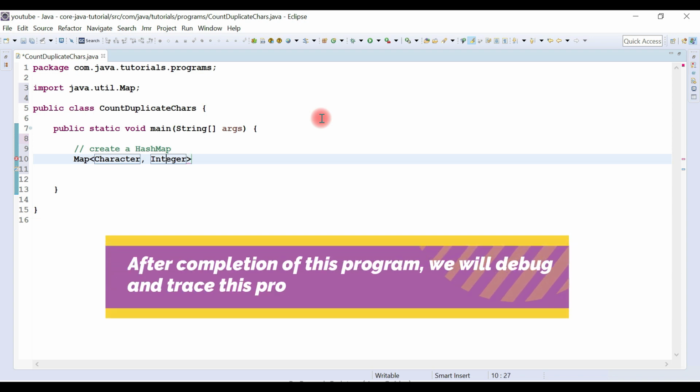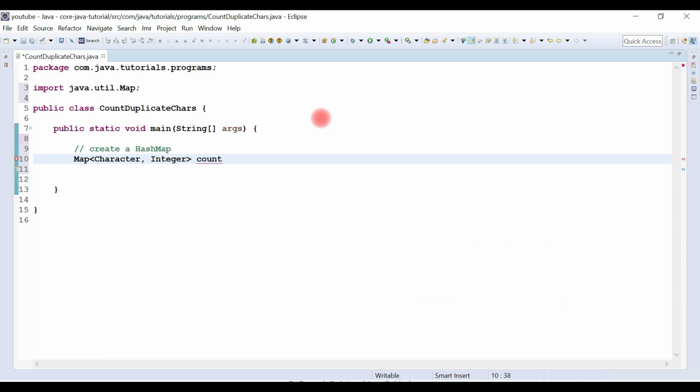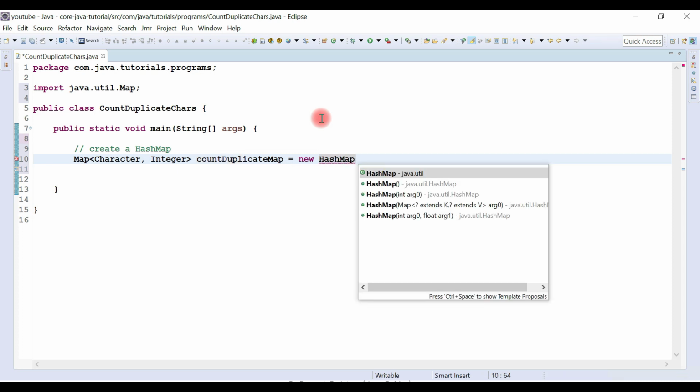For example, here Character is a wrapper class of char primitive type and Integer is a wrapper class of int primitive type. Okay, and here just give a reference object name like countDuplicateMap, something like this, and then this is the HashMap implementation.